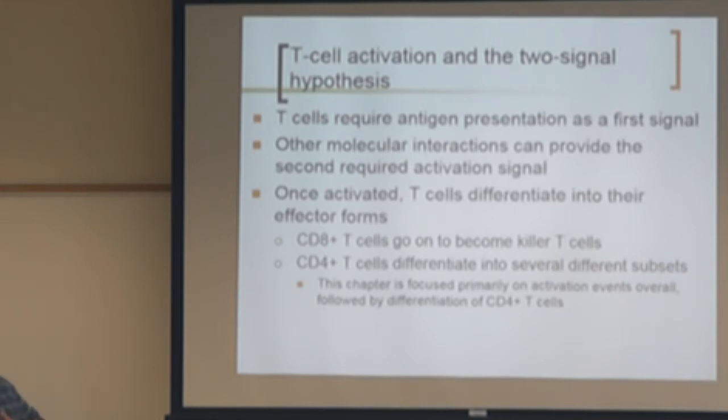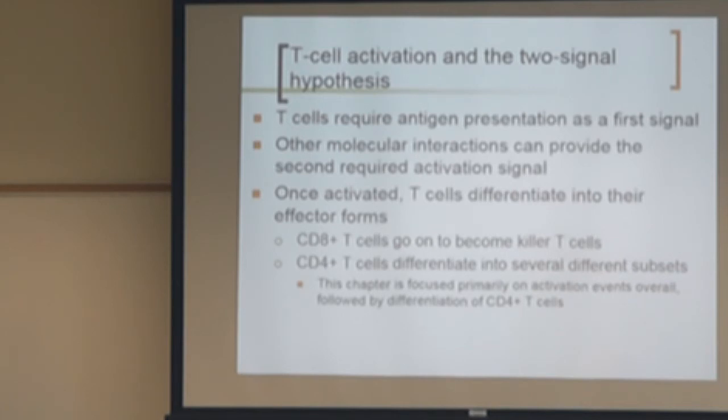Remember, we're switching gears to T cells. They have to see antigen presented via MHC, and this is what's considered a first signal. There are other molecular interactions that can provide a second, required activation signal. T cells always require two signals. In truth, they require three signals because the third signal tells them what to become. The first two signals tell them that it's okay to become activated. If they only get one signal, they tend